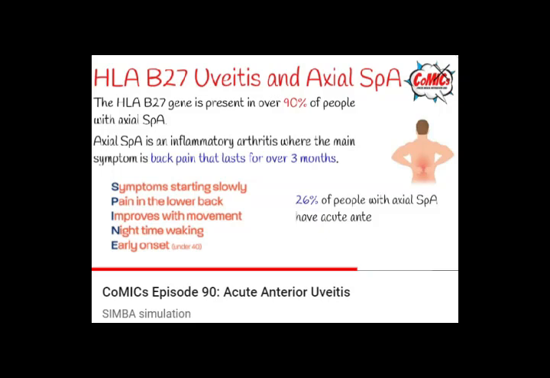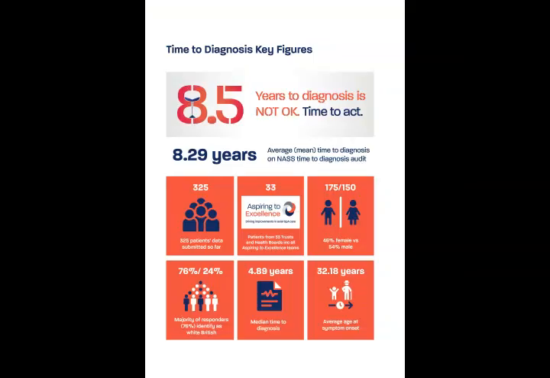For patients with axial spondyloarthritis who typically present with back pain, approximately 1 in 3 will have an extra-musculoskeletal manifestation, meaning they'll have an inflammatory disease affecting another part of their body. The commonest association is with uveitis, whereby approximately 1 in 4 patients with axial spondyloarthritis will have or will develop uveitis during the course of the disease. And the risk of them developing uveitis increases with increasing disease duration. It can begin at the beginning. It can precede the onset of the back disease, or it can begin 20 or 25 years later. So we see it across the whole spectrum.